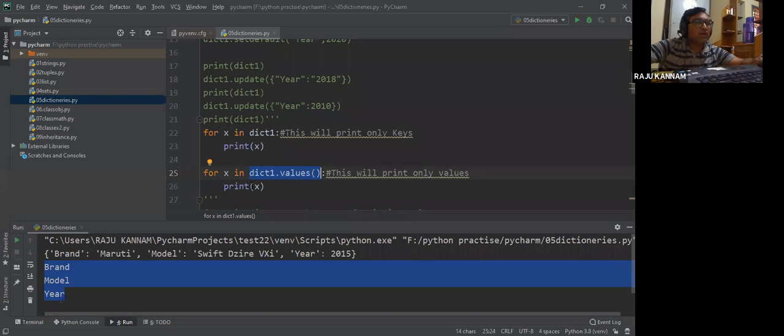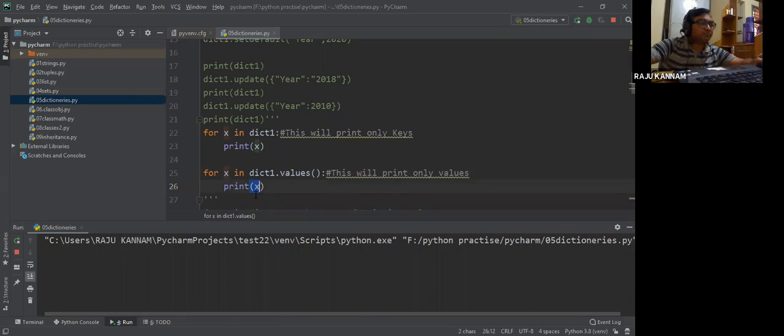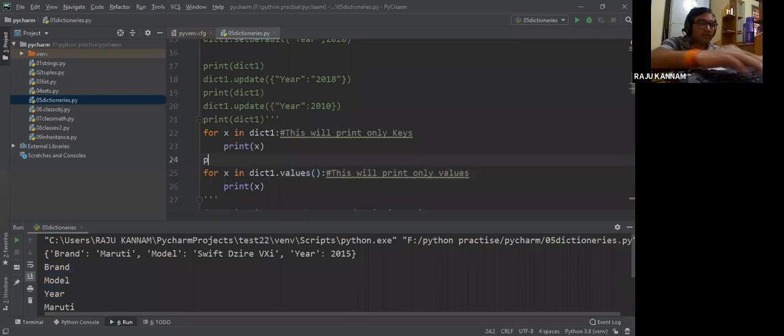So now I am going to print x. What is x now? Only the values will be printed. Okay, see here. For understanding and separation purposes, I'll put a dash. Now if you execute it here.